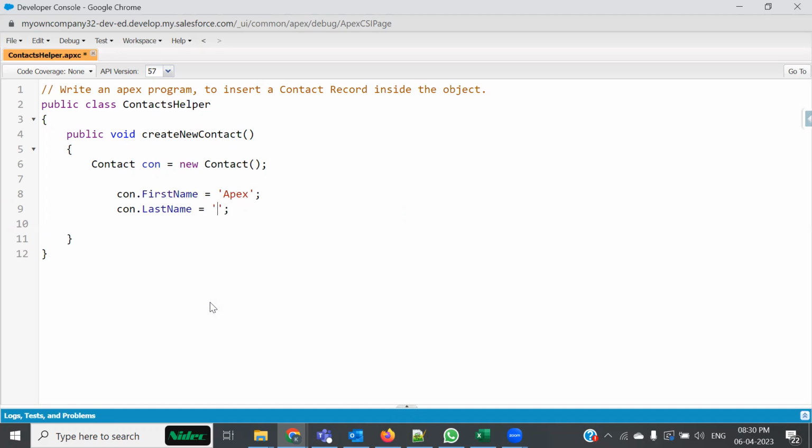And on top of that, we don't commit any sort of spelling mistakes in the name of the field. When we are doing the same thing in the execute anonymous window, there might be a chance that we could commit mistakes while typing the name of the fields. But here there is no such chance. We just have to select it from the list. All right. So last name, contact,